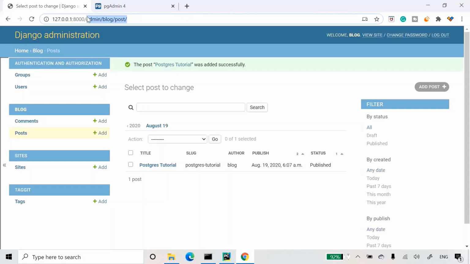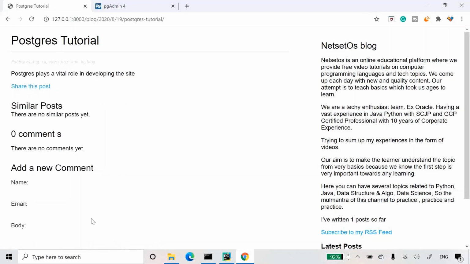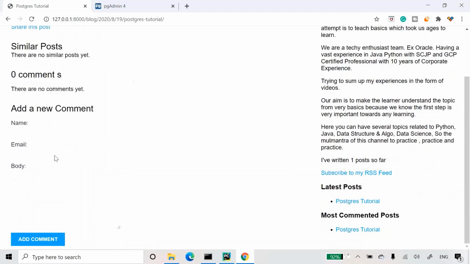Now when I go to blog, you can see a new blog post, Postgres tutorial, has been created. Here another person can add a comment by giving their name, email address, and the comment in the body.